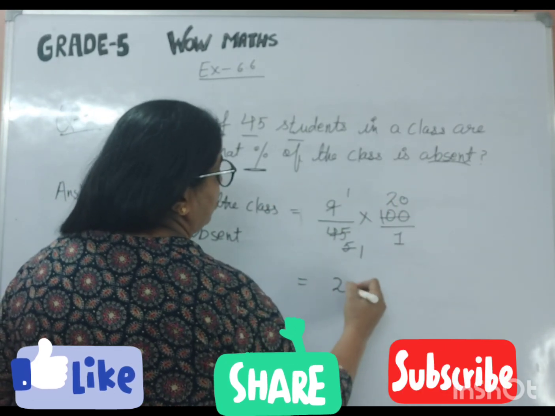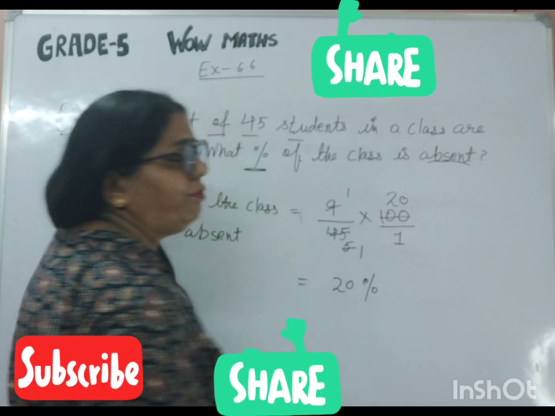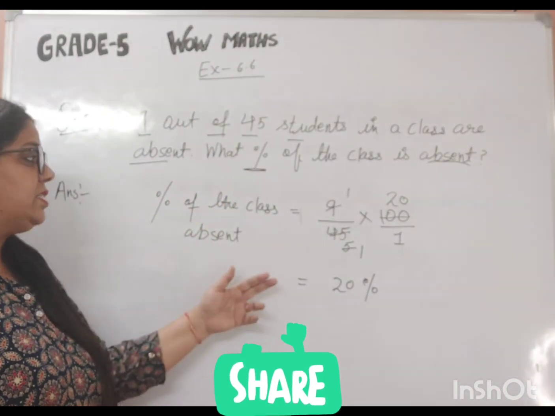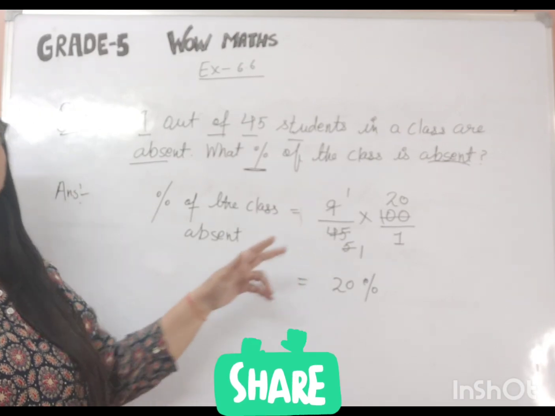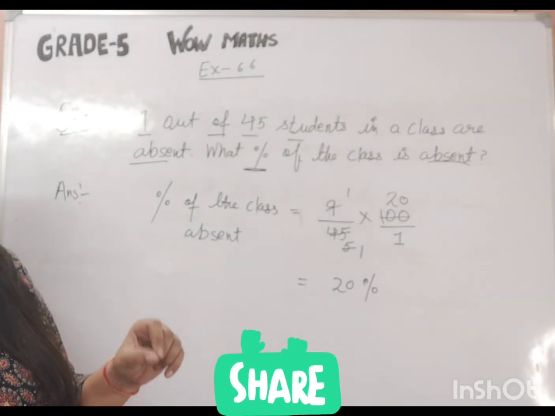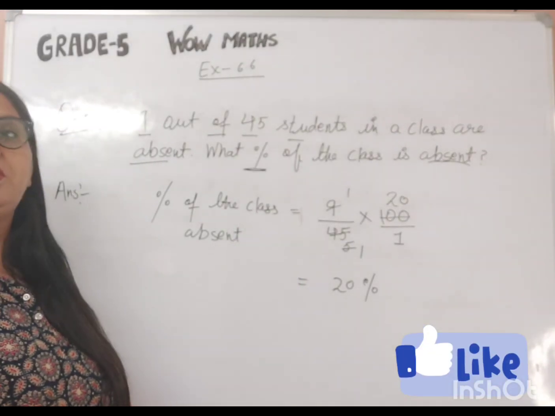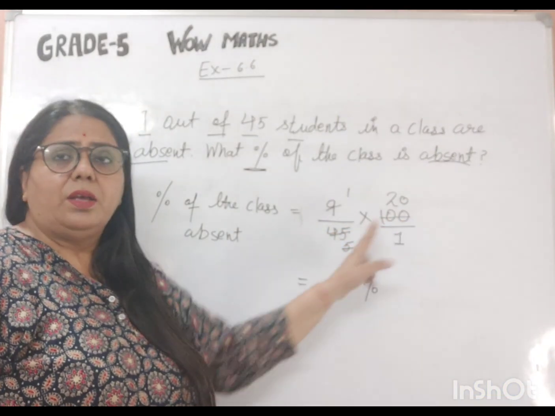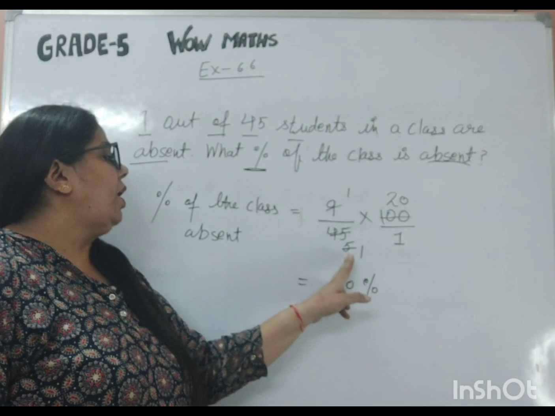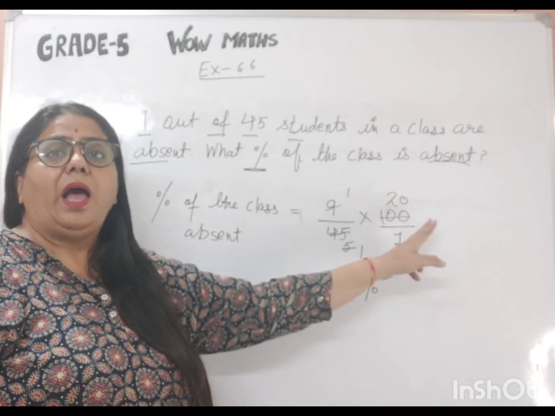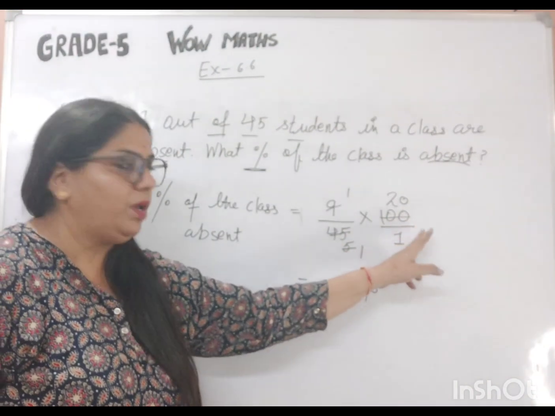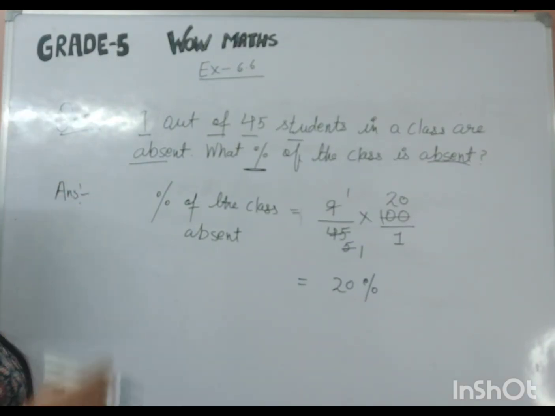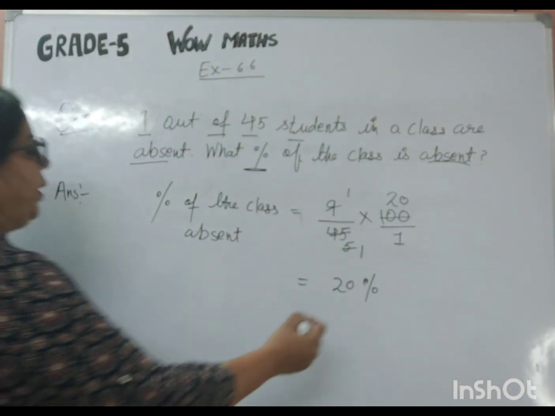How do I get to know that the 100 will come in the table of 5? So here you can use your divisibility rules. As the divisibility of 5 is either on the unit place you have 0 or 5, then that number is completely divisible by 5. So here 100 is there. Okay. So it is going to be divisible by 5 because at the unit place we have 0 here. So the total percentage of the students who are absent on that particular day is 20%.